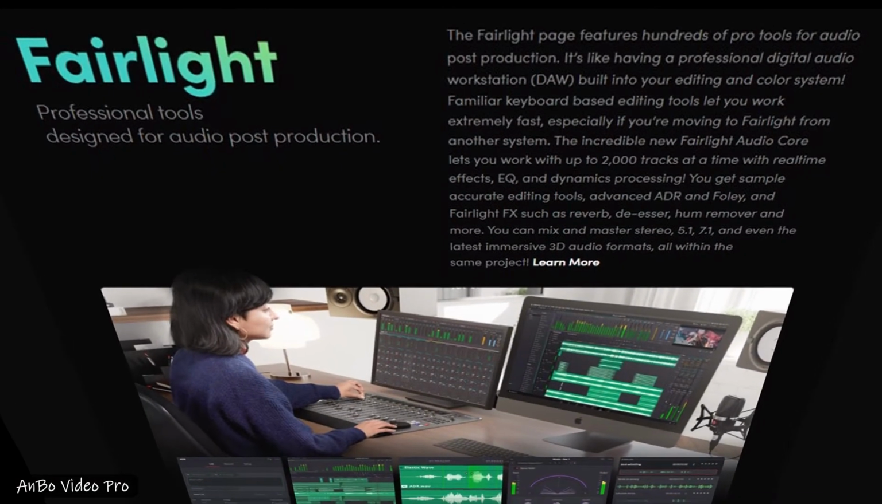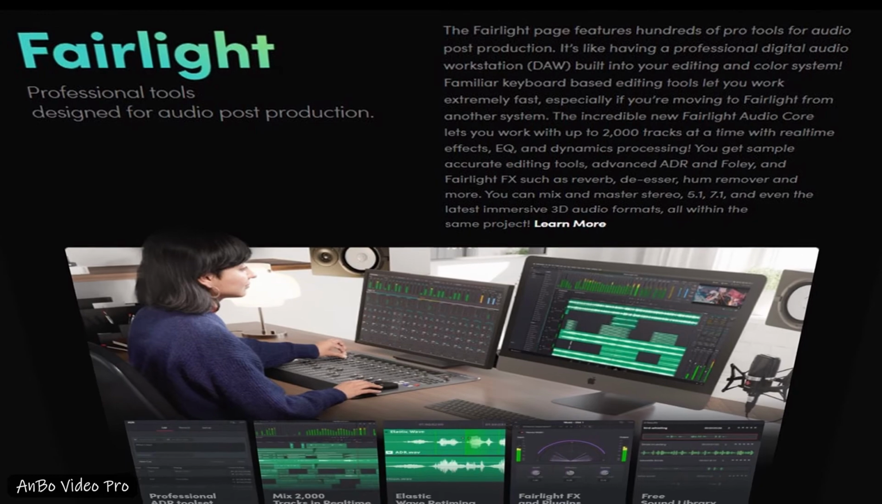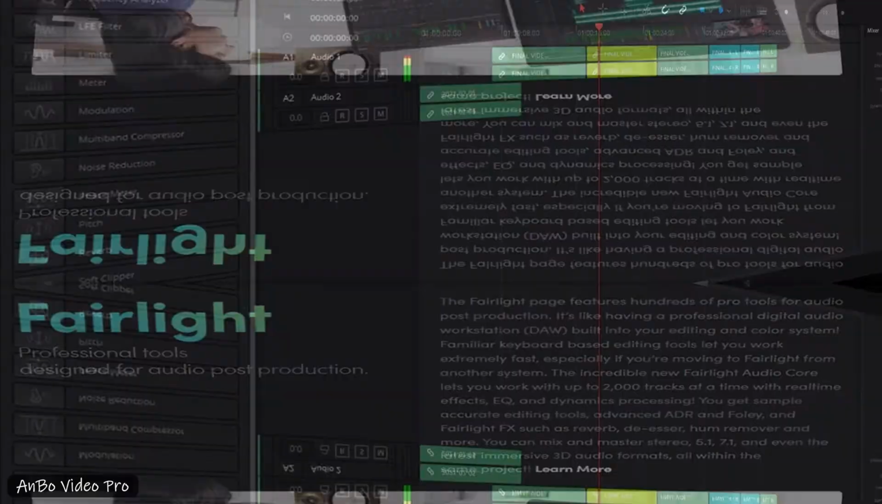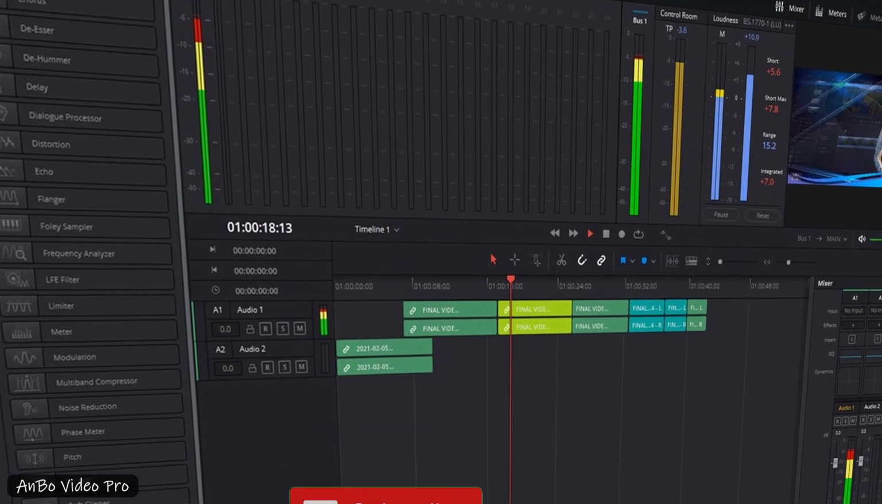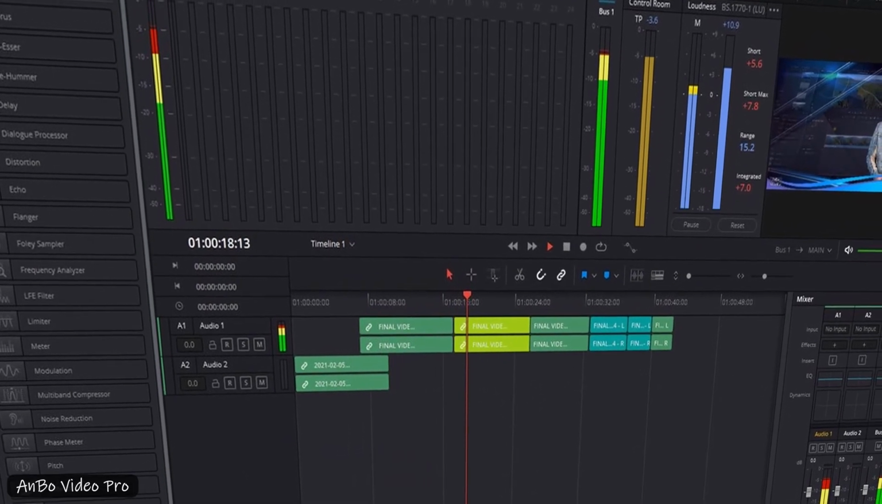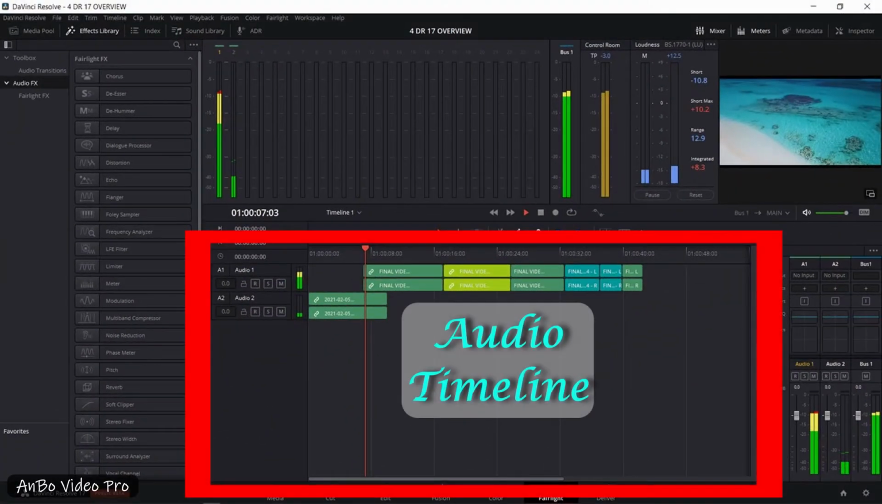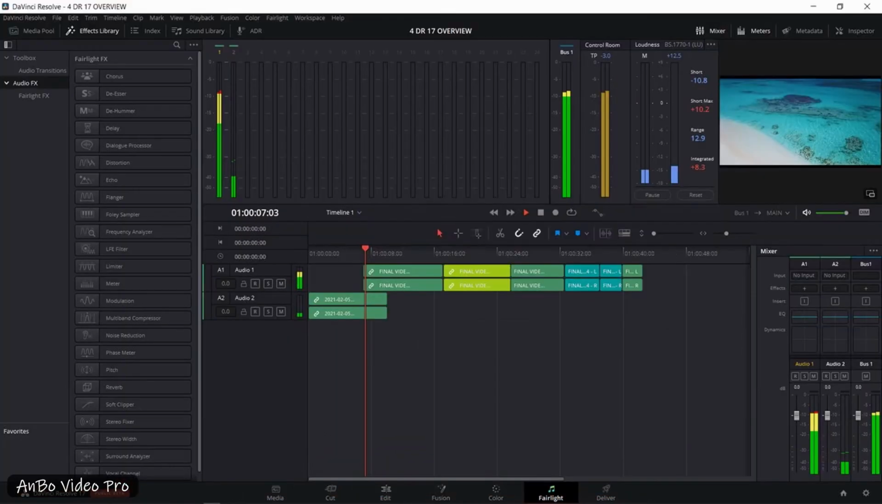The Fairlight page is an audio editor with an expanded mixer and monitoring controls. It is an audio representing the exact look from your audio timeline in the edit page. It has these 4 panels. Audio timeline, toolbar,